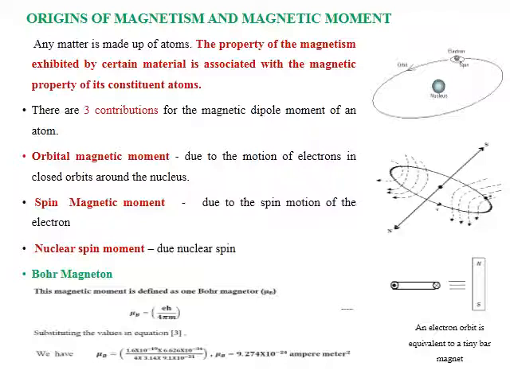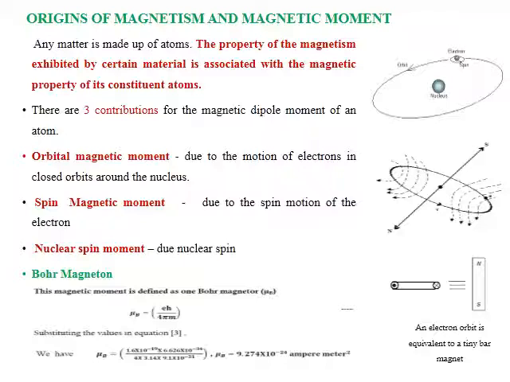So the movement of electron will be considered as a current flow. So we all know that whenever the current is flowing through the conductor, in the direction perpendicular to the direction of flow of current, a magnetic field will be generated. So the energy which is the magnetic energy or magnetic dipole which is contributed by this movement of electron in the orbital is called the orbital magnetic moment.